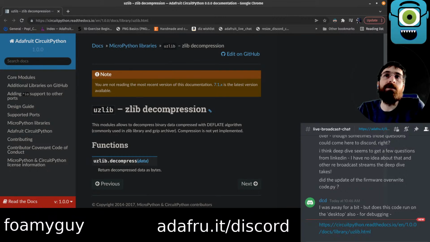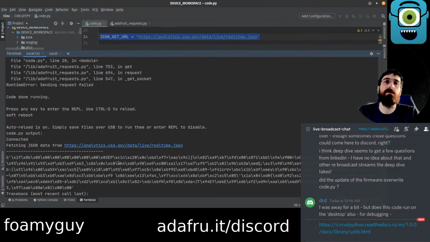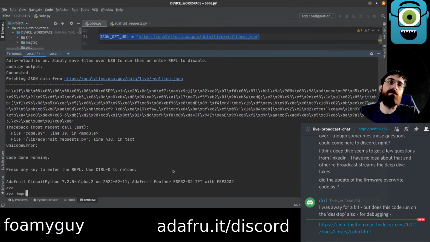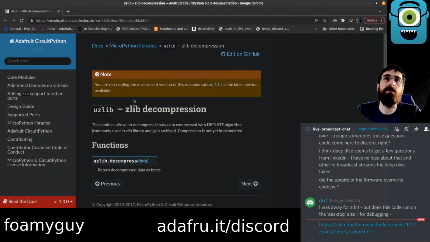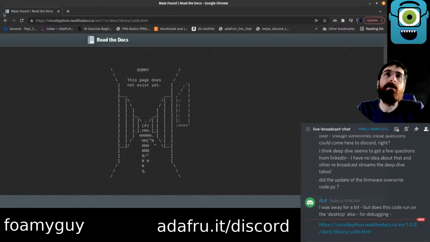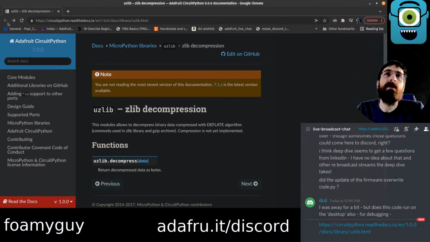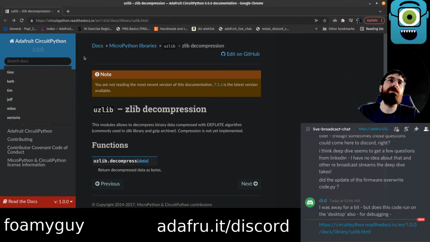So this, oh, but this is MicroPython uzlib. Do we have this? Let's try here. Or is that a module? Is that a built-in? No. Oh, it's not under core modules. Oh, this is like 1.0. I wonder, is it